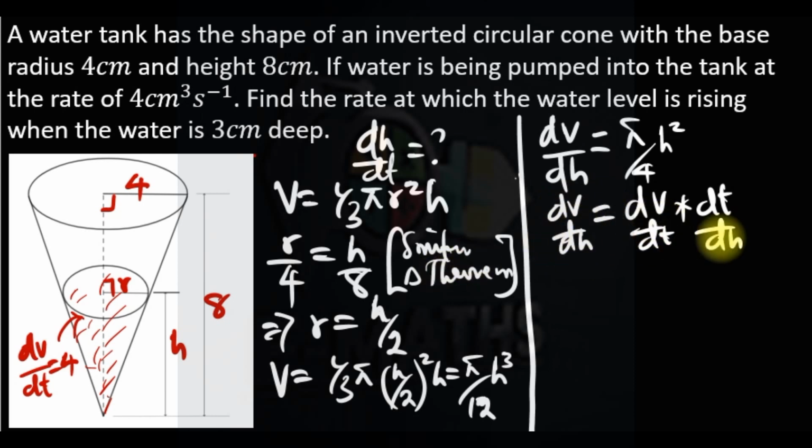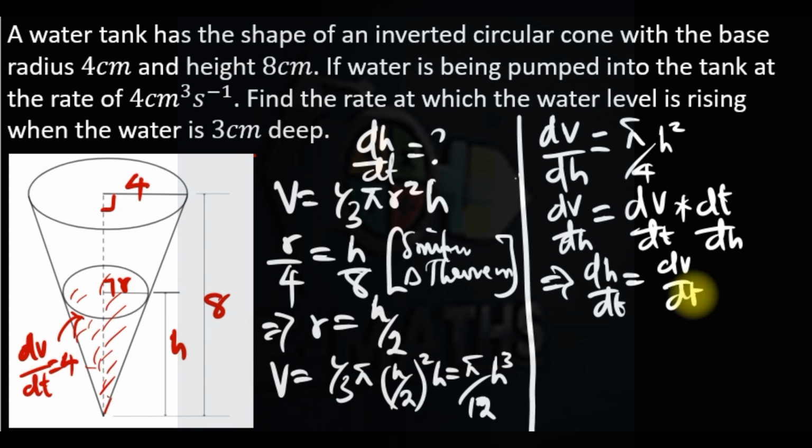That's the chain rule. Which implies that if we make dh over dt the subject of the formula,